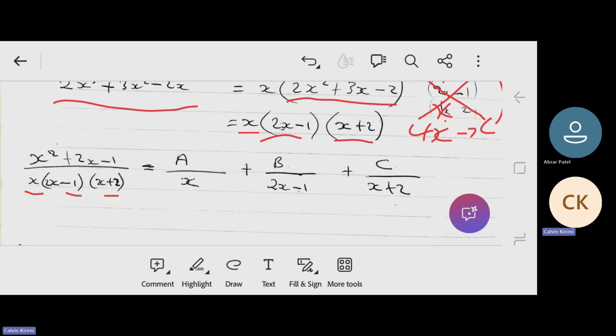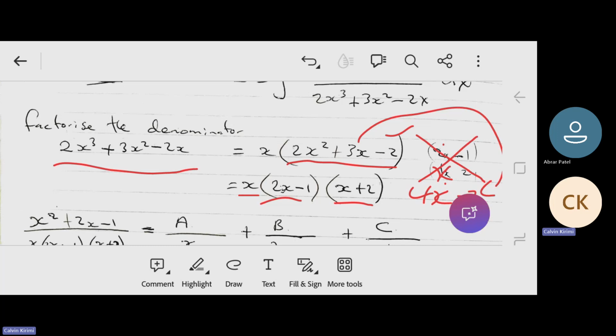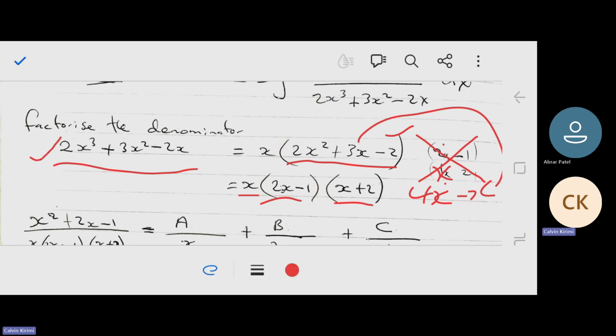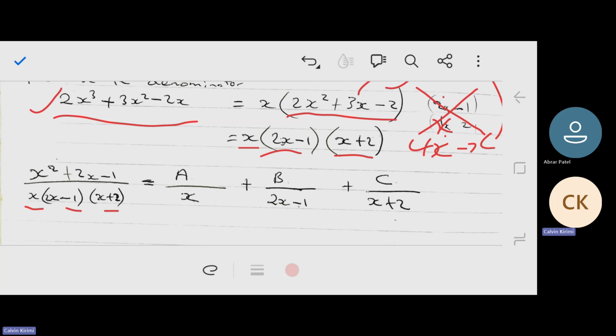Now this is our new denominator, which means that instead of writing that as the denominator, we can replace it with this new denominator. That is the new denominator that we are going to be using in this case. So once we know all the denominators, x, 2x minus 1, x plus 2,